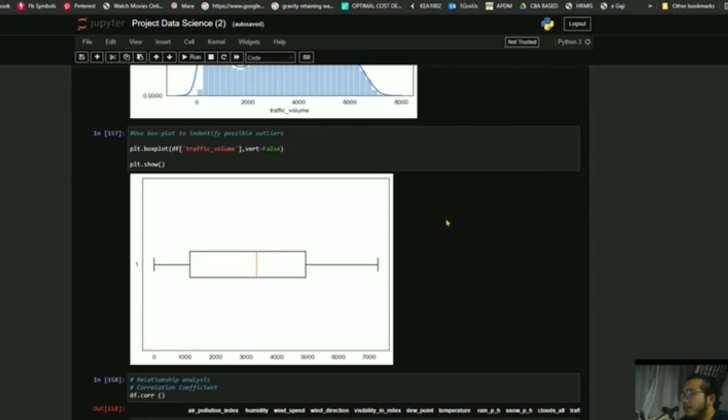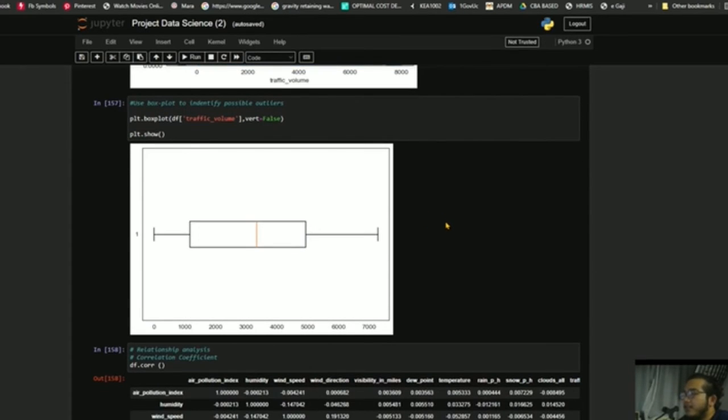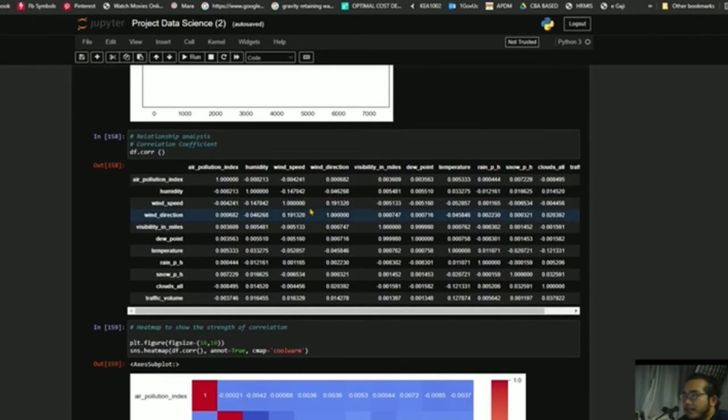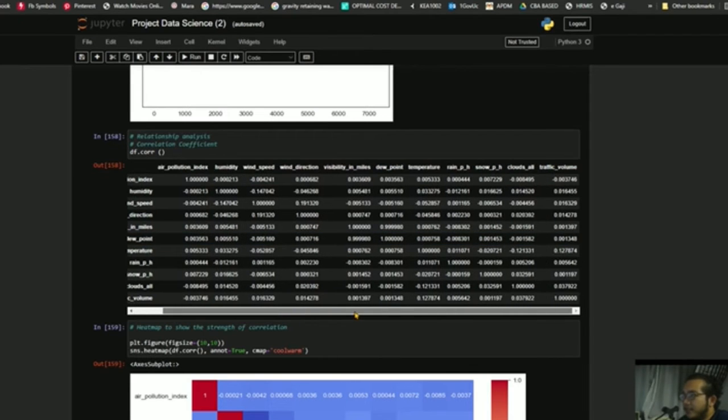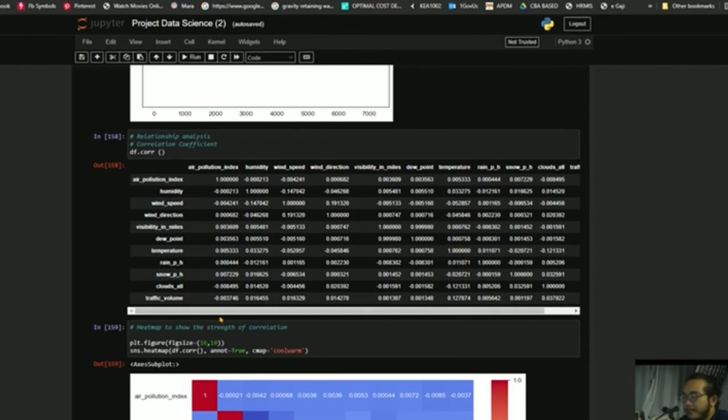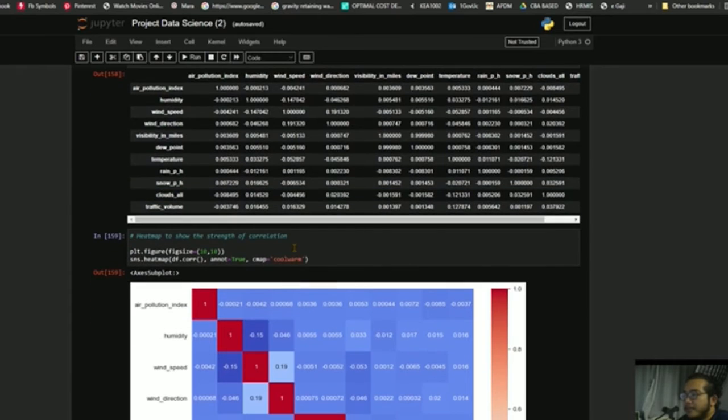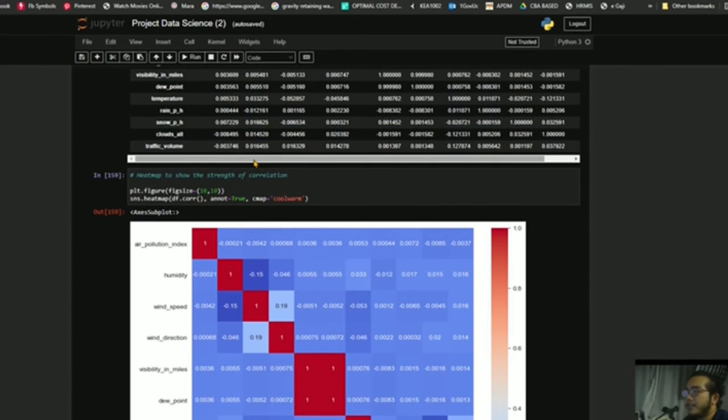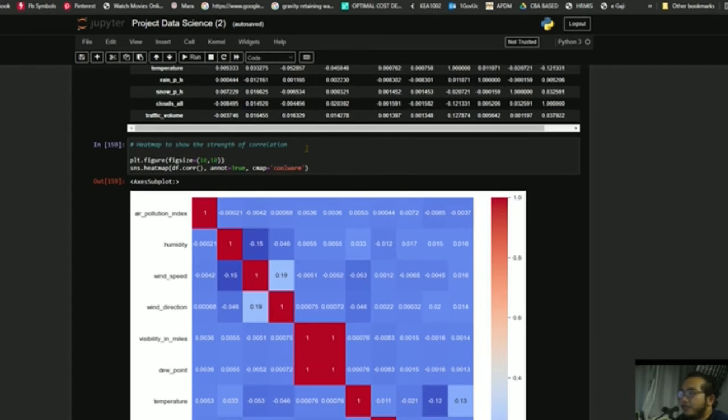This box plot is to check the correlation and the coefficient of the possible outliers. Next, by using this input, we can get the correlation coefficient of the data from the data set. This is the correlation coefficient of the data. By using the correlation and the coefficient of data, we're gonna generate heat map to show the strength of the